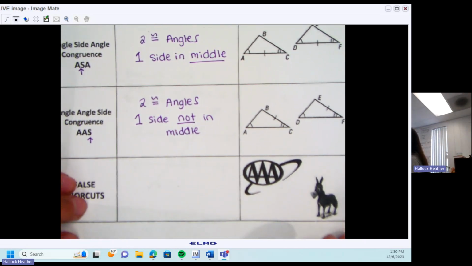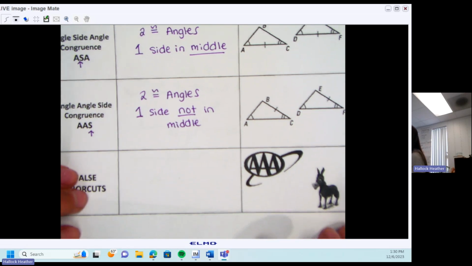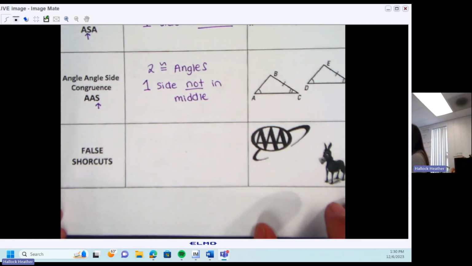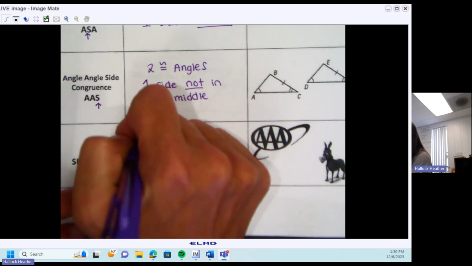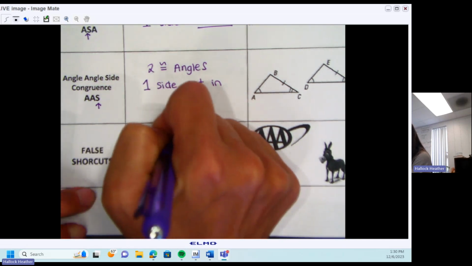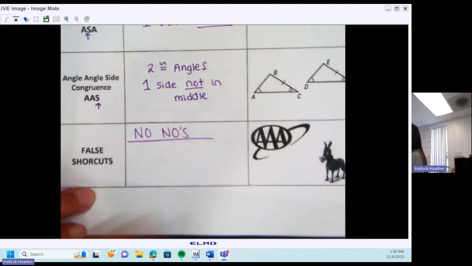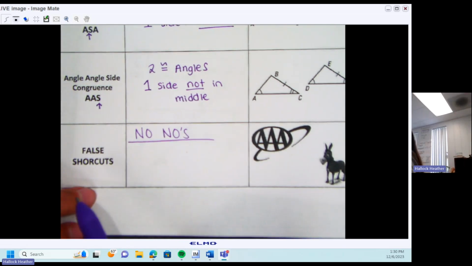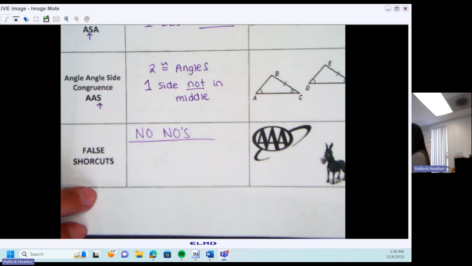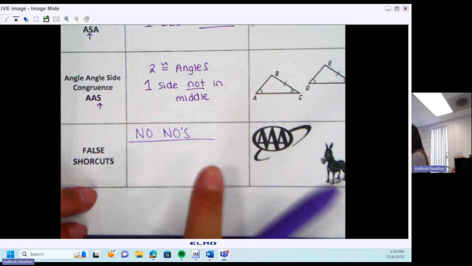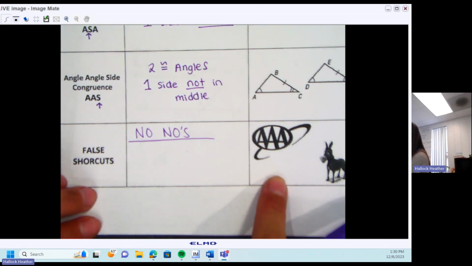Those are the 5 theorems that you can use. Now we're going to talk about shortcuts that you cannot use. So these are not allowed. These are no-nos. Because all of these sound very similar to each other. You're like angle, side, angle, side, side, side, angle, side. They all sound very similar. There's S's, there's A's, and there's a random hypotenuse leg. In this case, these are the rules that you cannot use. You cannot use